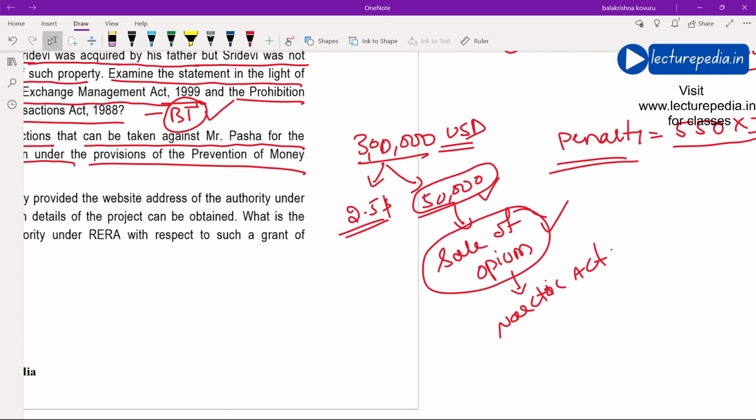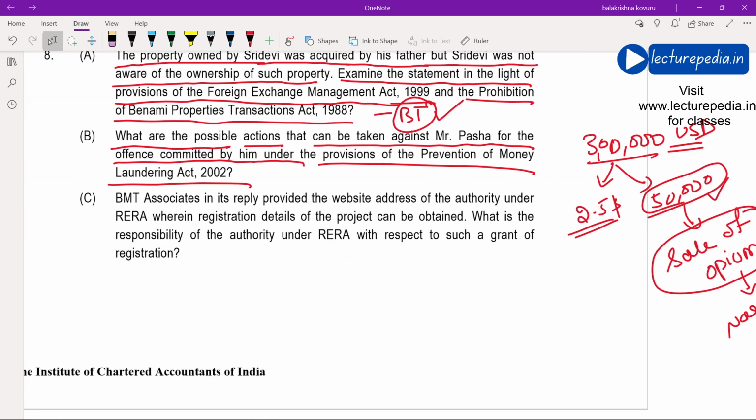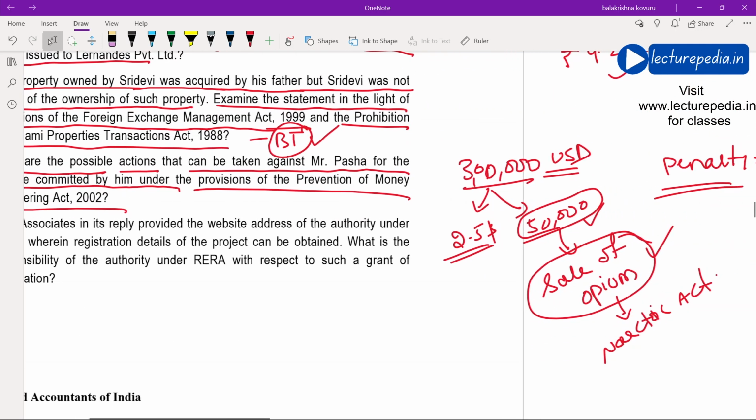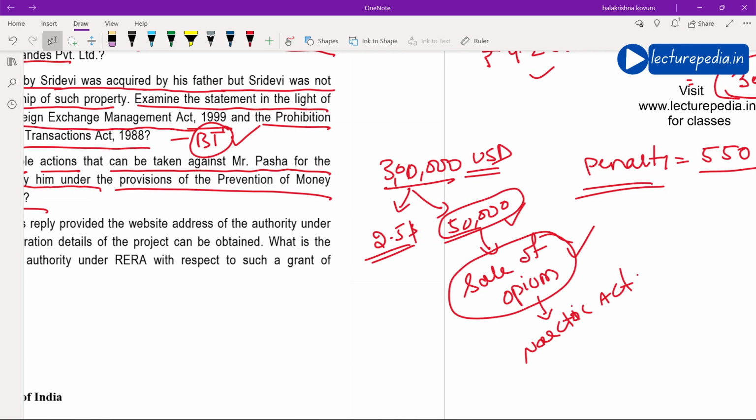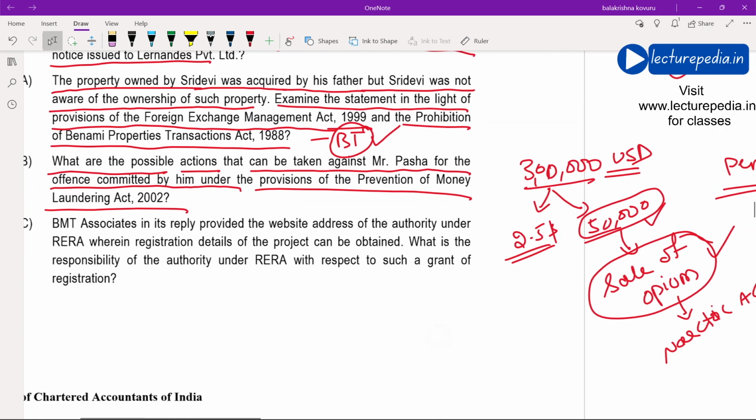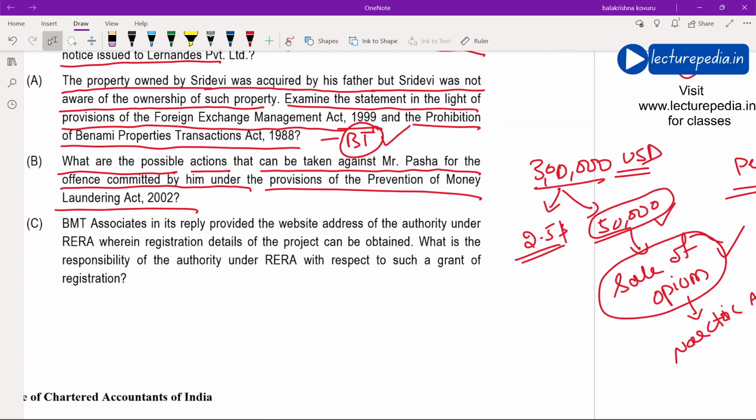Okay, that is the punishment that can be levied on Mr. Pasha. And also the property can be confiscated. Okay, the property that Mr. Pasha has purchased can be confiscated by the authority. Even such action can also be taken by the authority. Next,